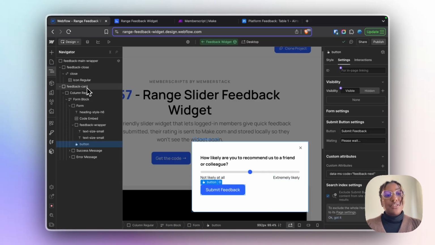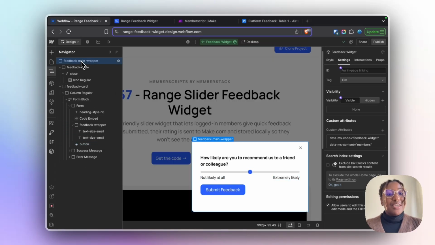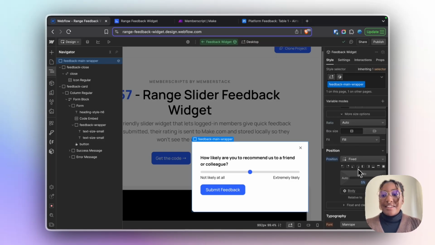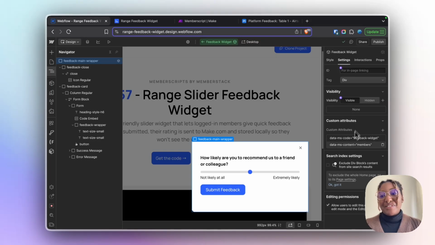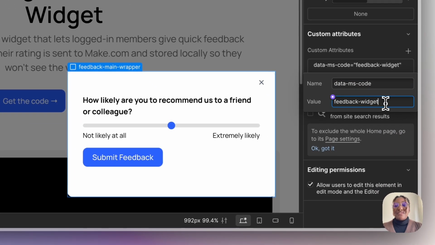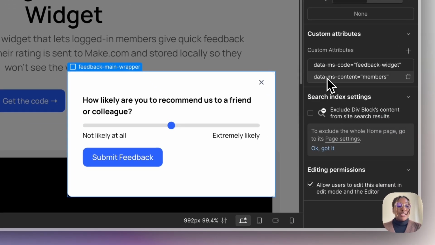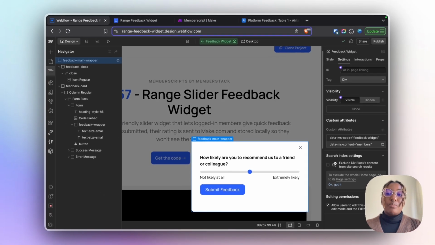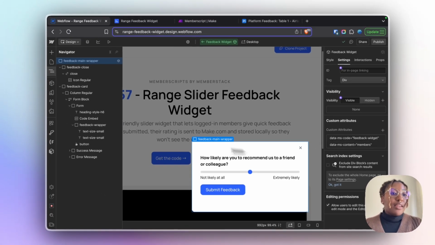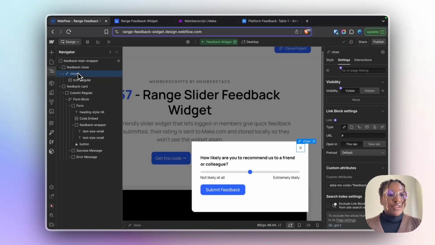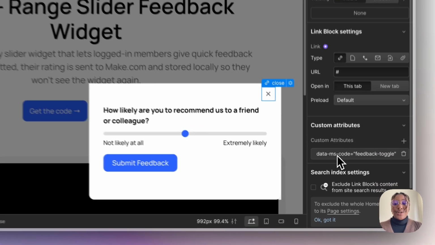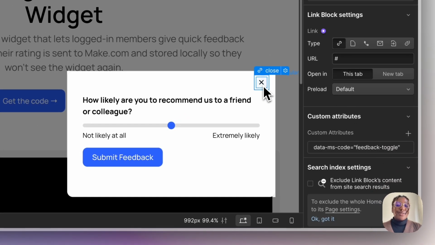So heading over to the page, you will have a div over here, and you can set this div as fixed and just in the right hand corner of your page, or wherever you'd like to set it, left or right. And this div will have the attribute of data-ms-code feedback-widget, and then also data-ms-content, because this is only going to be visible to logged in members. We will then have another attribute over here of data-ms-code feedback-toggle, and this is to close the